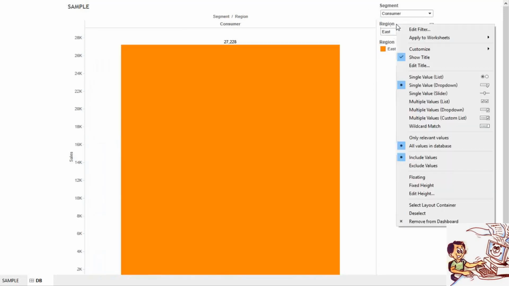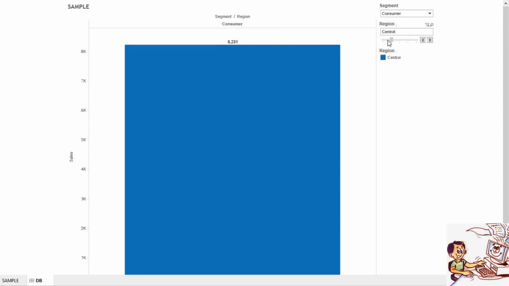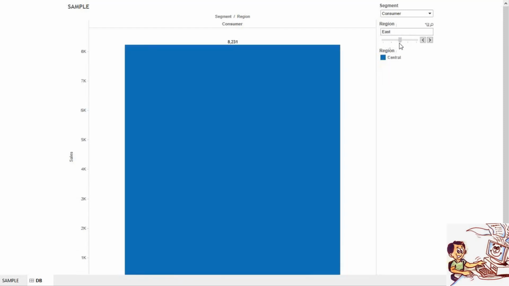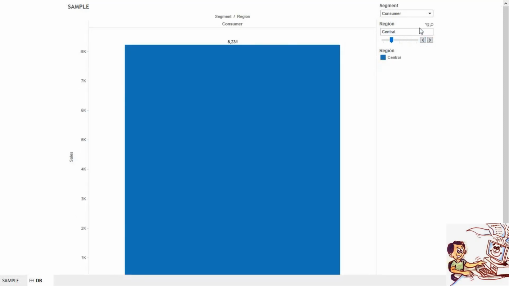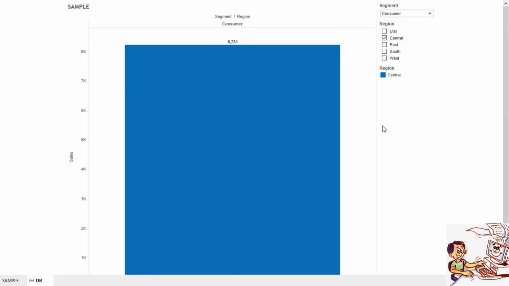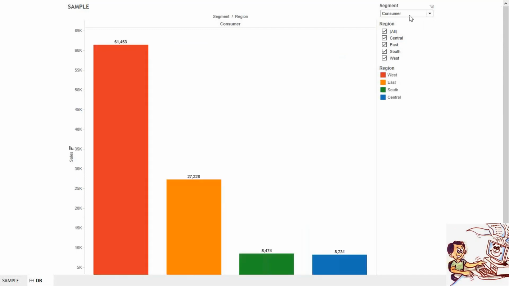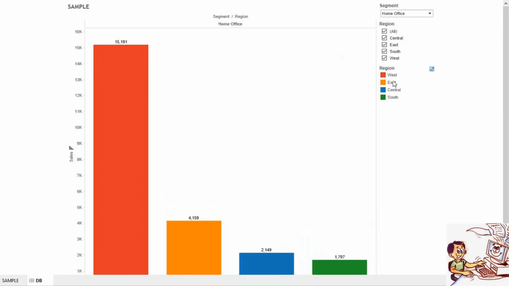Okay, now look at this again, single value slider. You can slide in this way, central value. All values by default will show you all again, something like this, or else you can play around with it. See, this is the way. And again, multiple values, which is what I have shown you, right? It will show you multiple values in this way. But on top of this, you can choose only one value at a time related to segment, right?